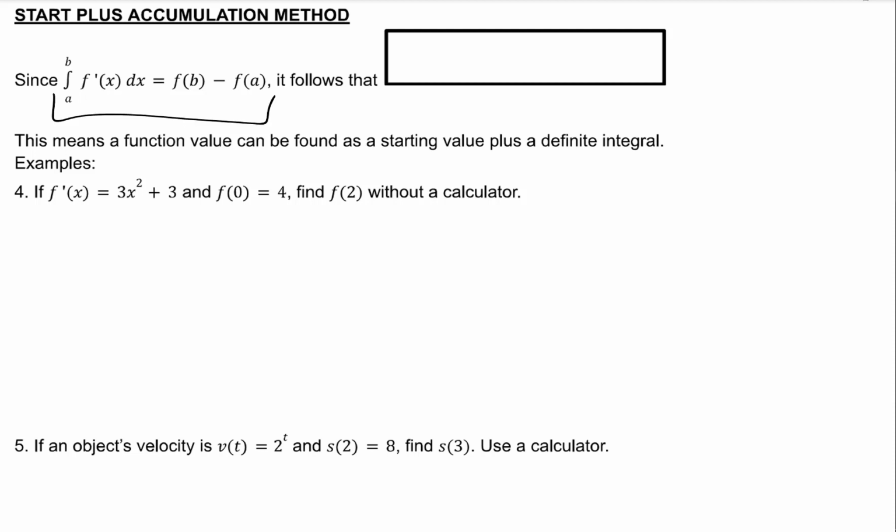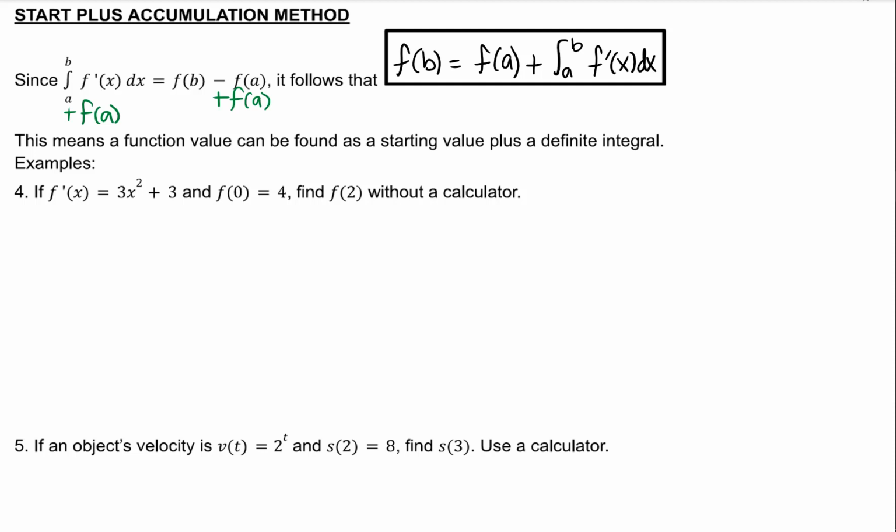This right here is the fundamental theorem of calculus. But guess what? This equation is a true equation, so I could rearrange it and I would still get a true equation. If I added f of a on both sides, then I could get f of b is equal to f of a, the function at the lower limit, plus the integral from a to b of the derivative of f with respect to x. Just a rearrangement of the fundamental theorem of calculus, but very important because sometimes they will